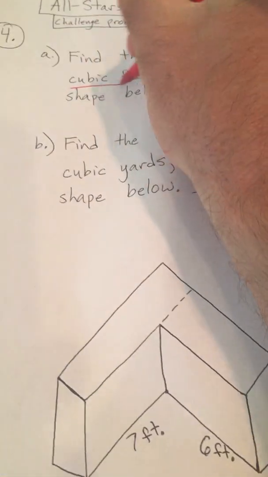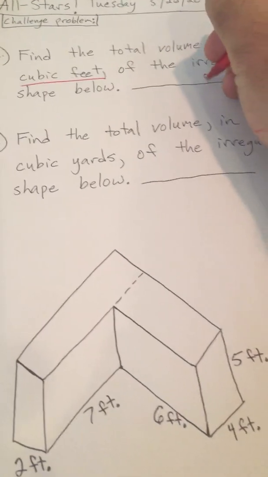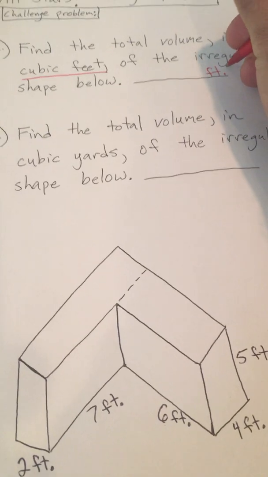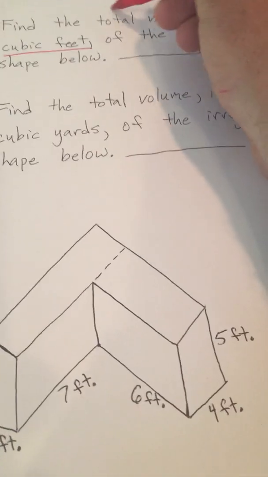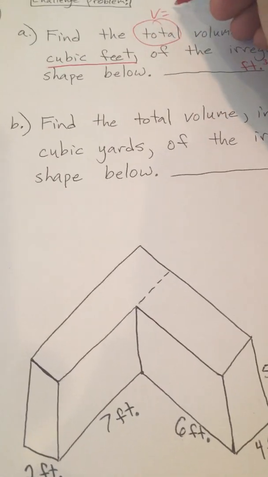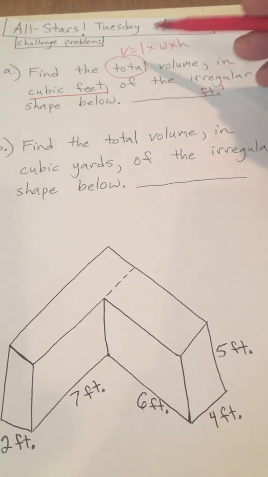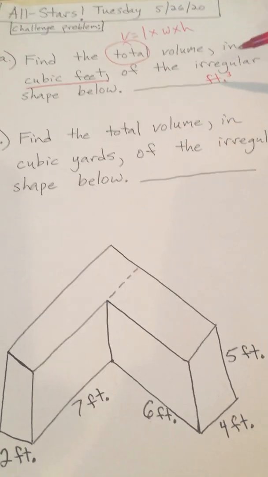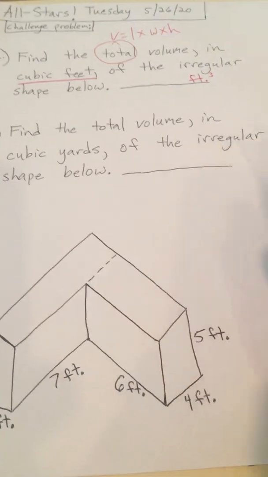So I noticed that they're the exact same question, except this one says in cubic feet. So right now I'm going to put feet cubed, which would be feet times feet times feet to find the volume, because volume has 3 dimensions, length times width times height. So it's going to be in feet for this one, feet times feet times feet. So I'm just going to put cubic feet there now so that I make sure I put it in the right